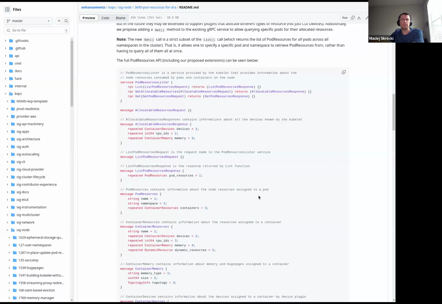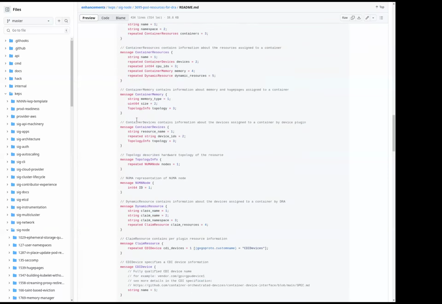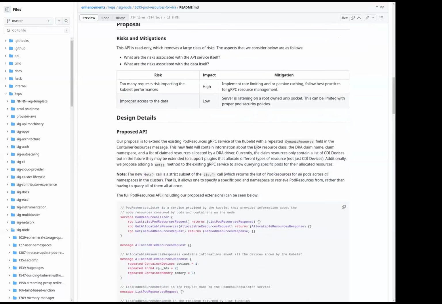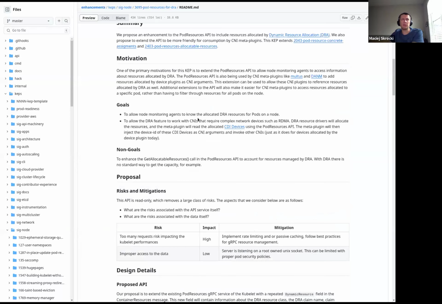You see that, Lionel? Yeah, but this would mean it's only CNI. Can you check the goal again, the second bullet point of the goals section? That's fair. That was related to the CNI. To allow node monitoring agents to know the allocated DRA resources of pods on a node. Oh, okay. Check the second one now. To allow the DRA feature to work with CNIs that require complex